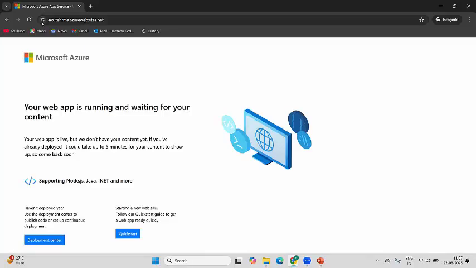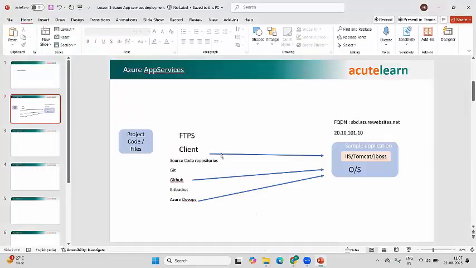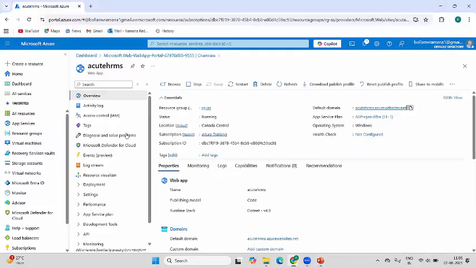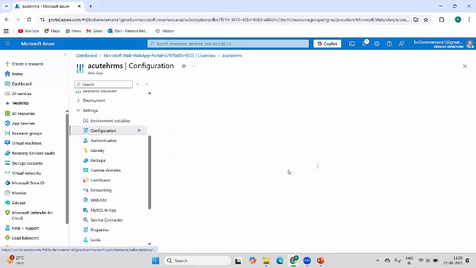So this is the FQDN provided by Microsoft Azure, and this is the sample application deployed by default. Now I want to deploy my own application. In order to push this code into an app service, I need to enable FTPS. So go to the settings, configuration,